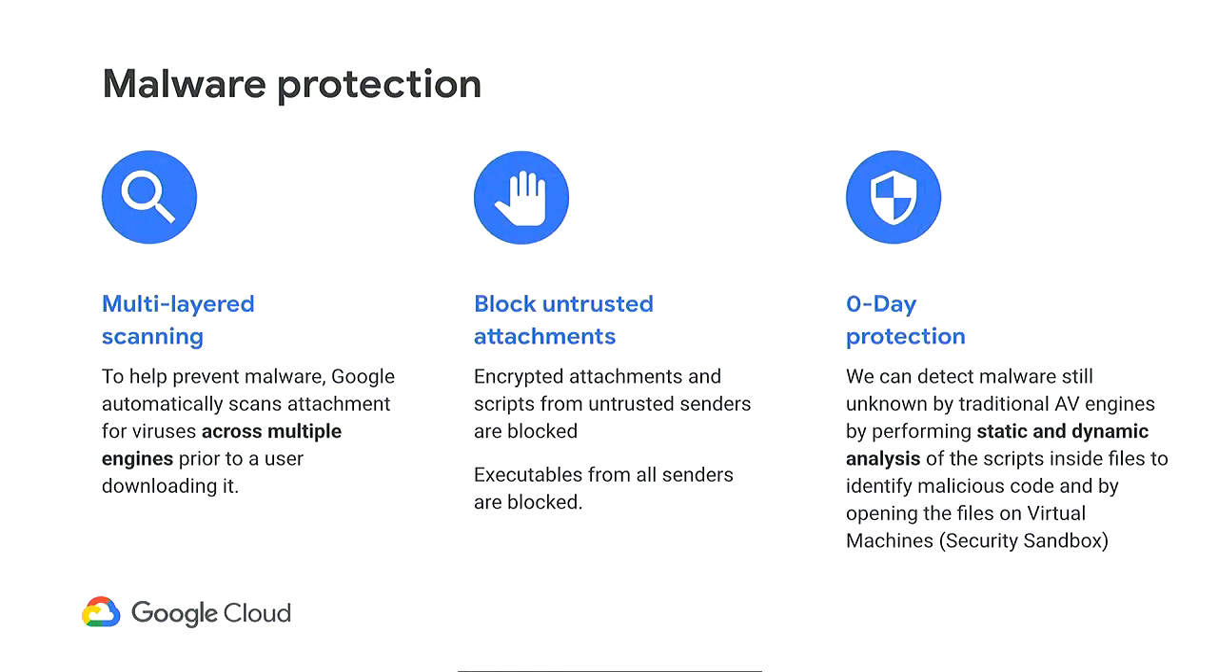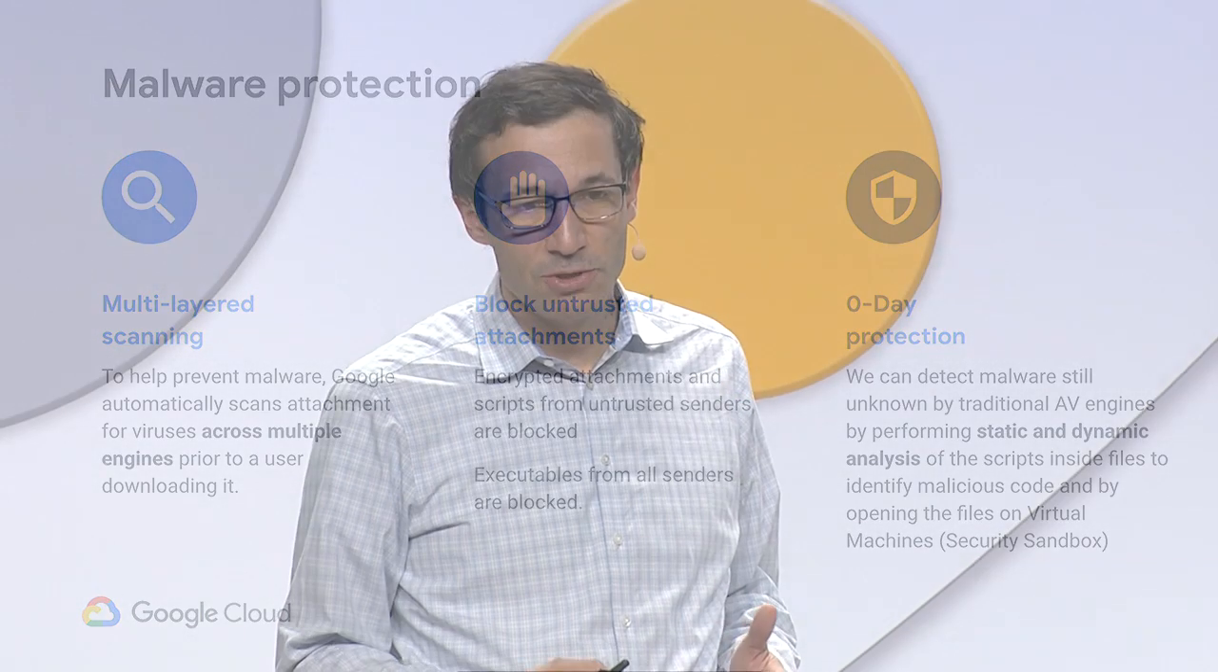The third one is zero-day protection. If the malware is already known, it will be caught by the different AV engines. But for new malware, the ones that are created today, they're basically not listed yet on the AV engines. So what we do is a mix of static and dynamic analysis. We look at the scripts inside the file, and we evaluate the level of risk for these scripts. This is a technique that has proven to be quite effective for detecting zero-day